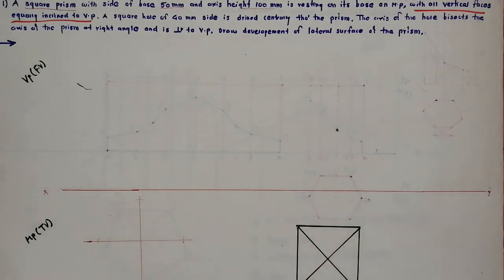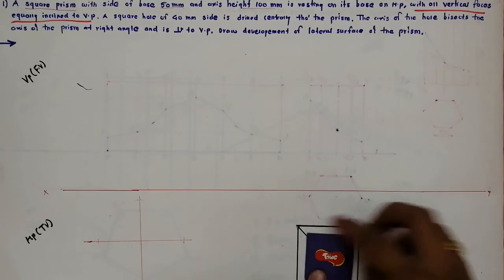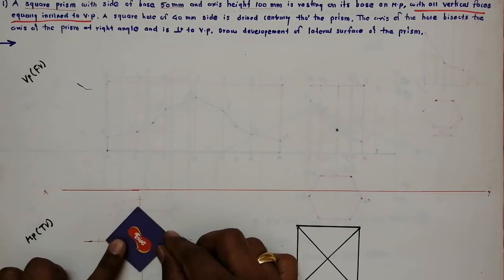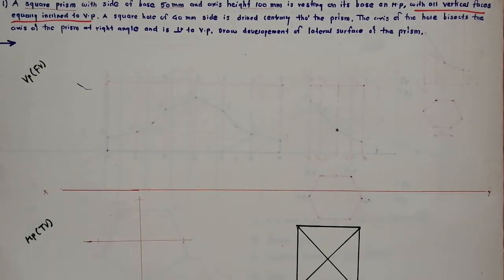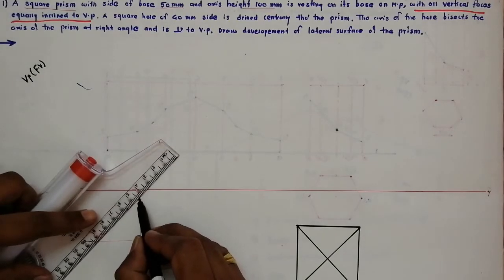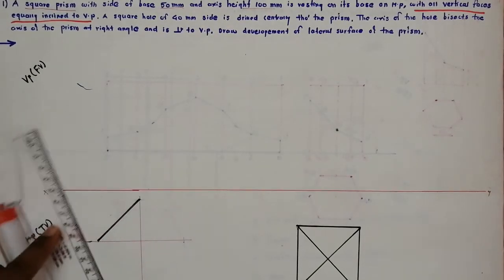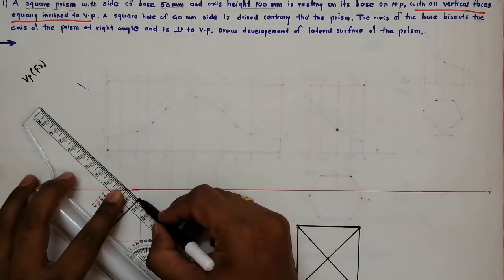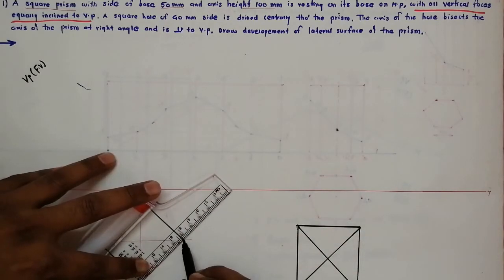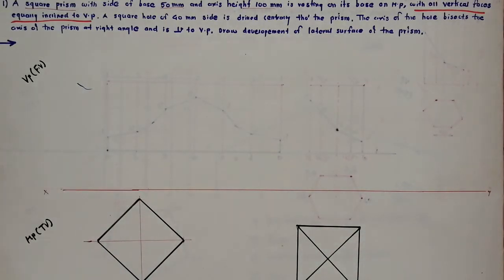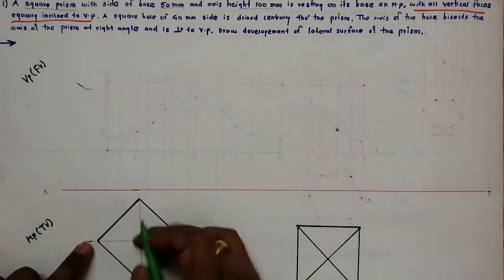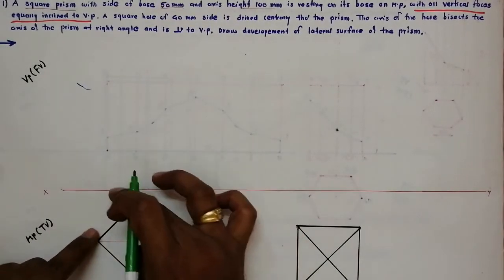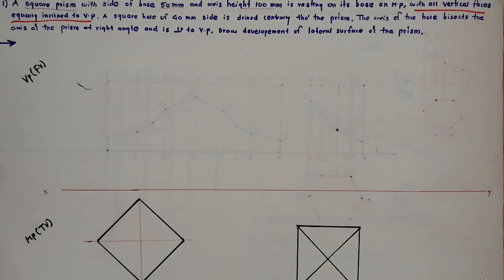Now we have rotated this rectangle. So we have drawn this square prism like this. Now I have rotated like this and I have put it here. So it comes something like this. So that square prism comes here like this. So now this is the rectangular face, this is the rectangular face, and this is equally inclined to VP.